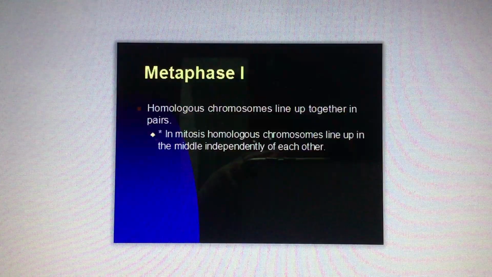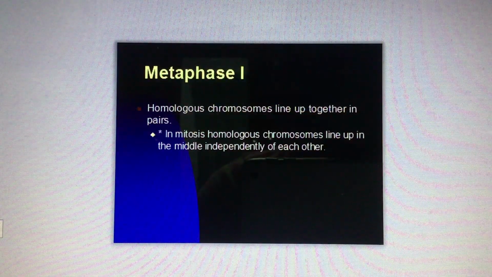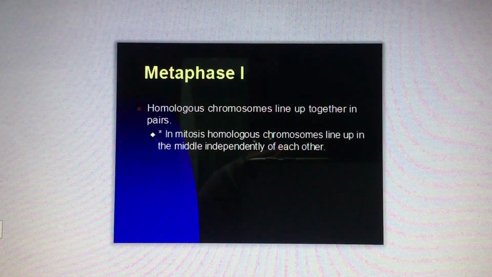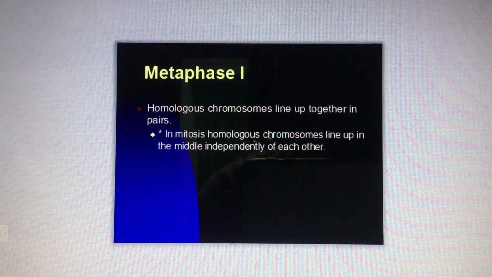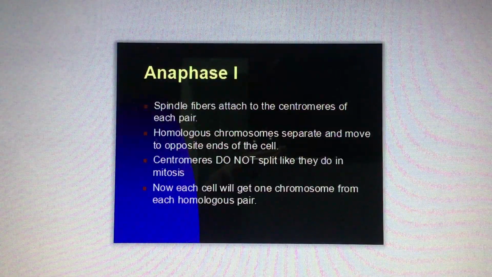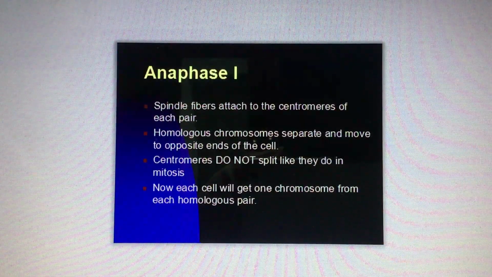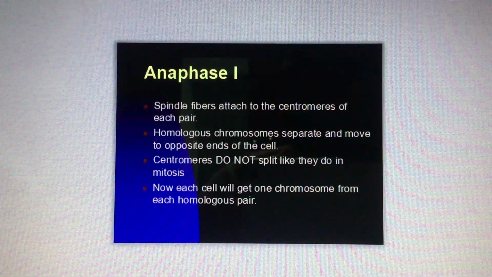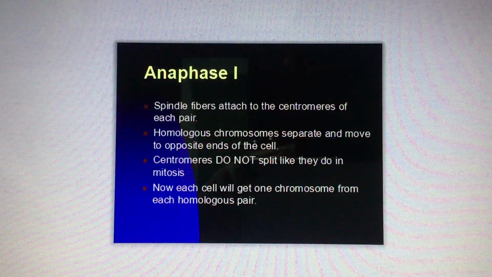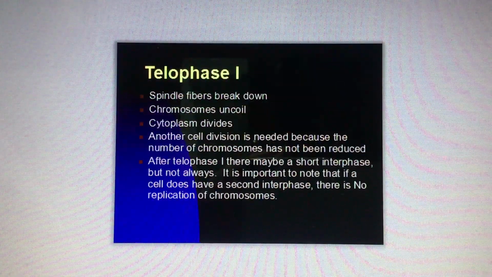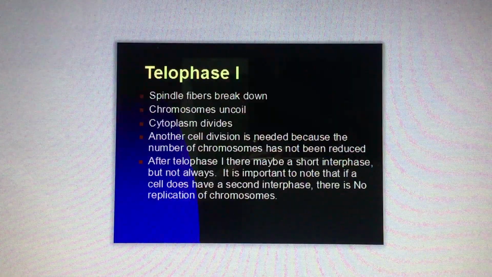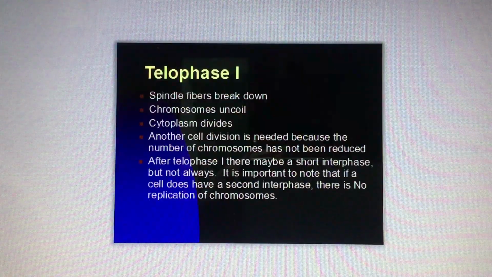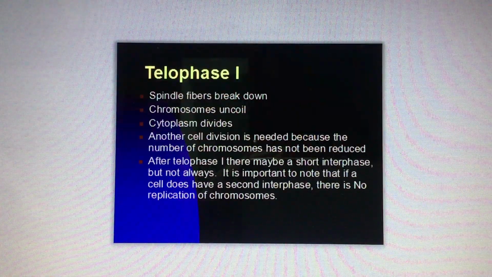In metaphase 1, homologous pairs move together along the metaphase plate. Paired homologous chromosomes align along the equatorial plane of the spindle. In anaphase 1, kinetochore microtubules shorten, pulling homologous chromosomes apart, each of which consists of a pair of sister chromatids. Telophase 1 is where the first meiotic division effectively ends, with the chromosomes arriving at the poles. There is no DNA replication during this stage. In interphase 2,